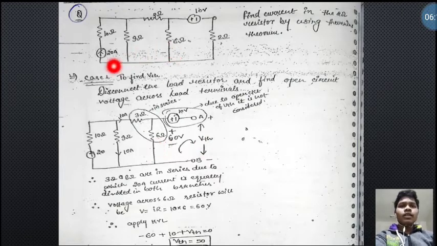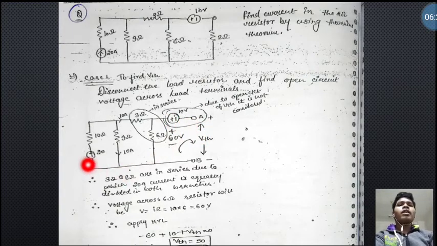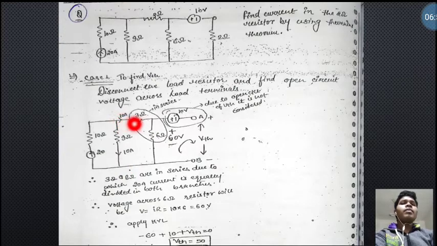So this 20 ampere current is flowing like this, and this is open circuited now. If open circuited, no current will flow through it, so the 20 ampere current will flow in this manner. Here the 3 ohm and 6 ohm are now in series. So 3 plus 6 is 9 ohm, and there is also a 9 ohm. So the 20 ampere current will be divided into this element and this element, 9 ohm and 9 ohm, so the current is equally shared: 10 ampere here and 10 ampere here.